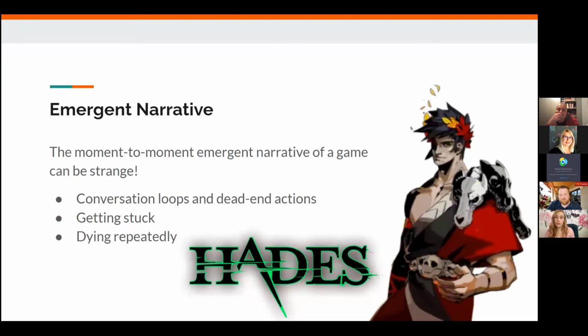He's immortal, so every time he fails to get out of the underworld, fails to get through this roguelike dungeon, he comes back to the start. Hades' entire narrative and storyline is built around the fact that you are going to try and try and try, and you are going to fail and fail and fail and fail. It builds out narrative systems so that when you come back, you are going to have different conversations. It understands the type of gameplay that's going on and builds structure to best suit and tell the story for the mechanics.